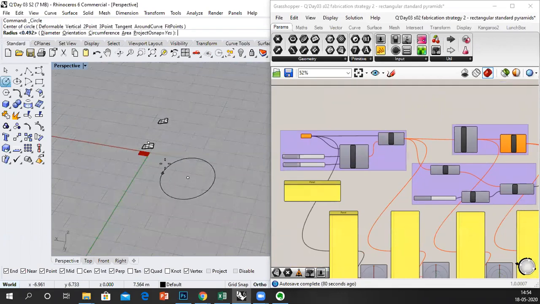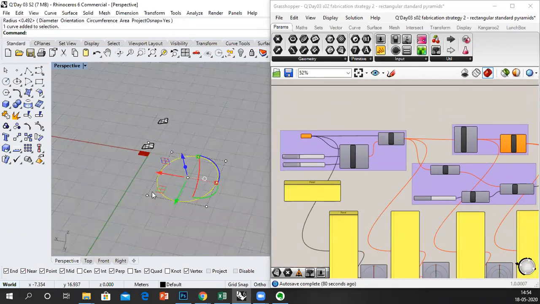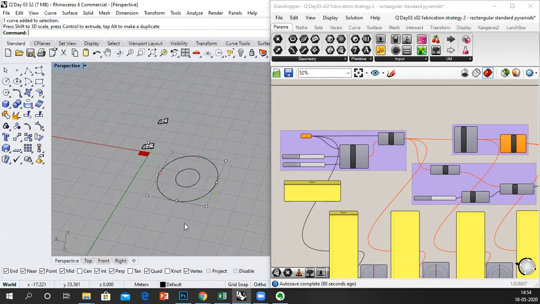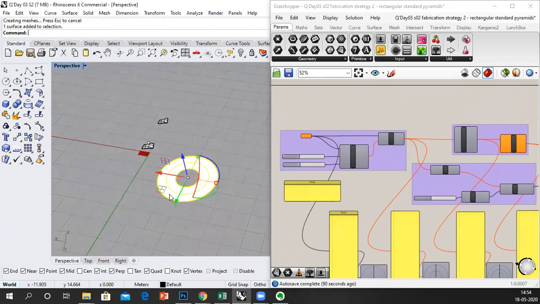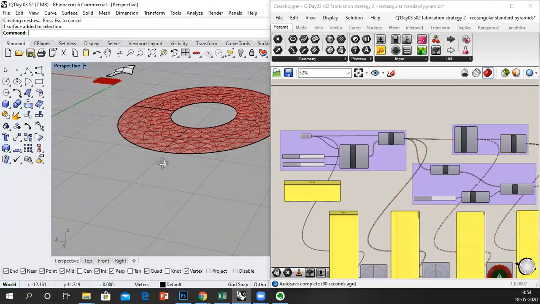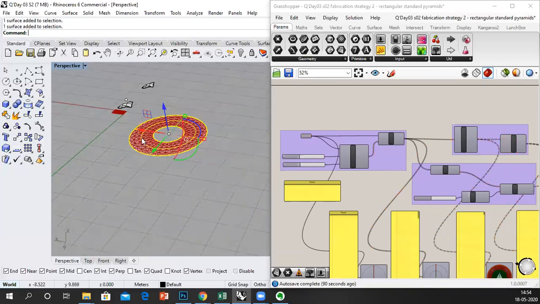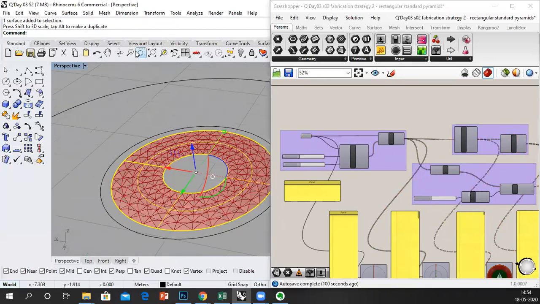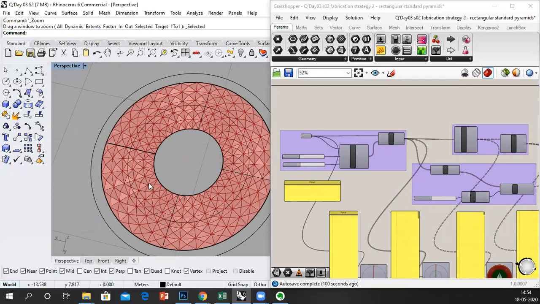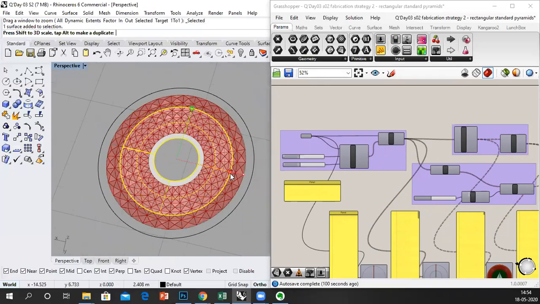What I need to do is make a circle, then make a smaller version, loft them both together, then set one surface. So if you see here, if we make this a little bit smaller, there you go. It's almost the same principle.